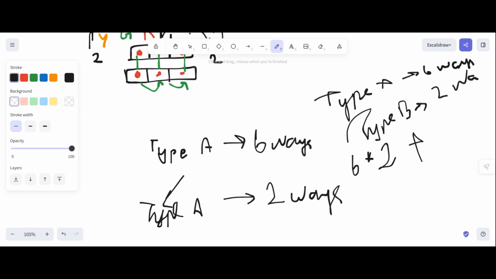So we got another 6 into 2. So 12 plus 12, we got 24 ways